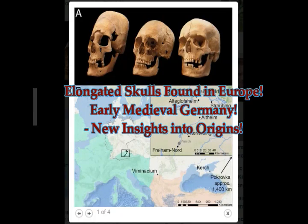New insights into the origin of elongated heads in early medieval Germany. Here we have three samples of them. They're said to be coming from an area of southern Russia. But